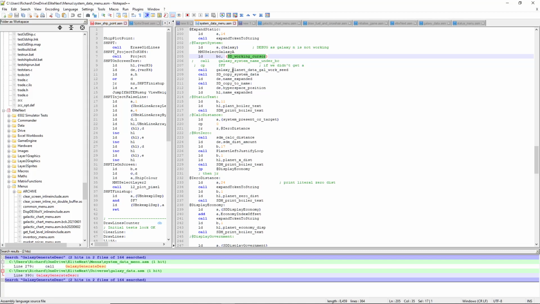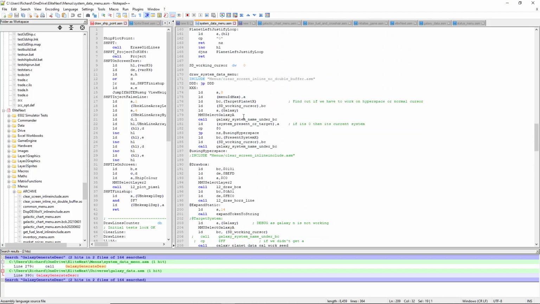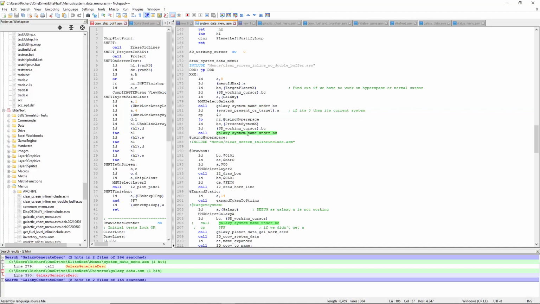see if the galaxy working there, system don't expand. But there's a little bit here to see: is it under cursor? If it returns 0, then it's the current system. Use that. If it's not 0, which means it's going to be FF, it'll use the value actually under the cursor. So go through there. The important thing though is that it goes through here, present system, working in under BC,